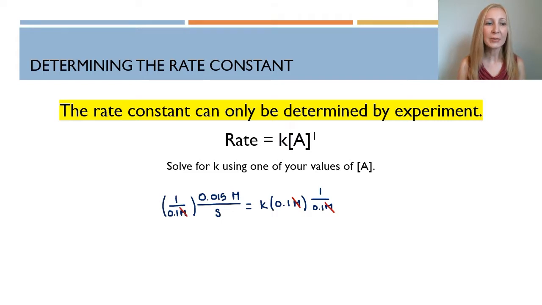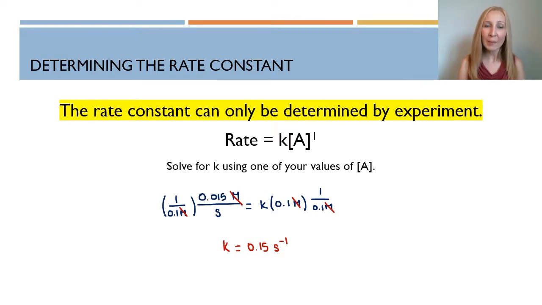One thing I'm going to do here is cancel out the m's, and you'll see that the s doesn't go anywhere. That's going to be important. Just a second here. So 0.015 divided by 0.1 is equal to 0.15, and that's my K value. Now the units for that are what remained, seconds to the negative 1. So K equals 0.015 seconds to the negative 1, and that is my rate constant for this reaction at this